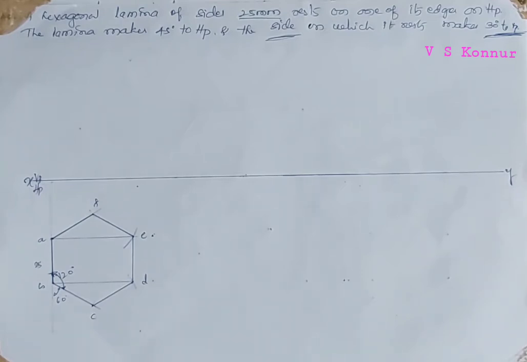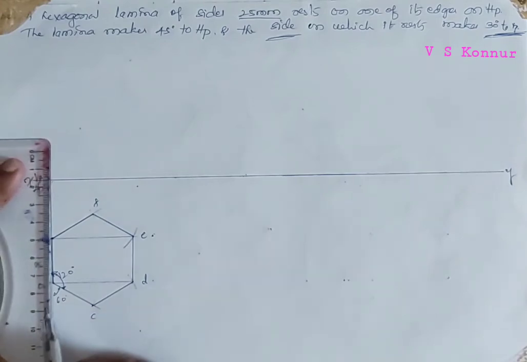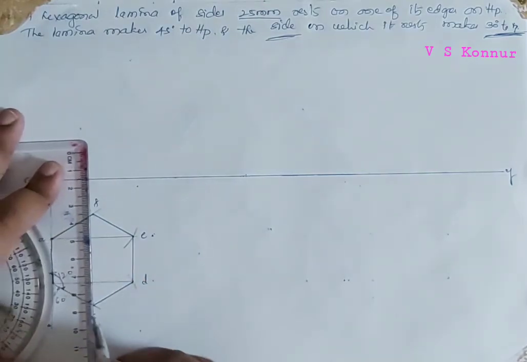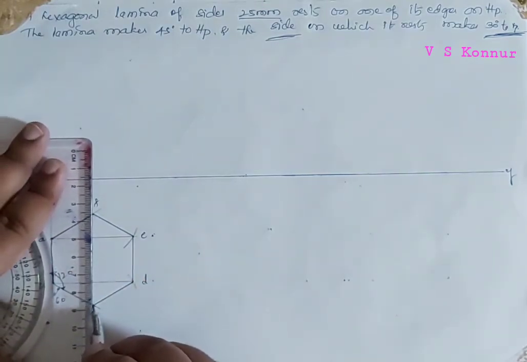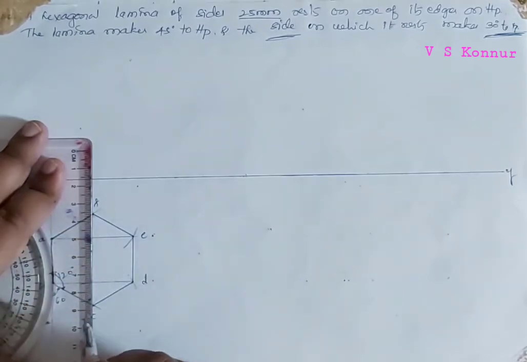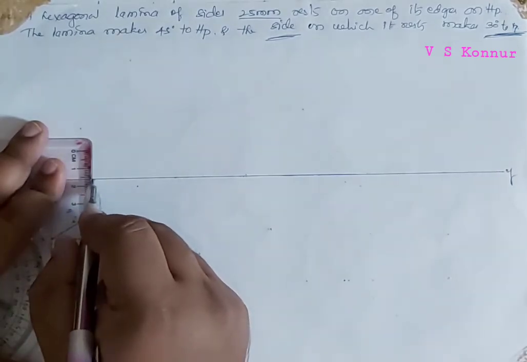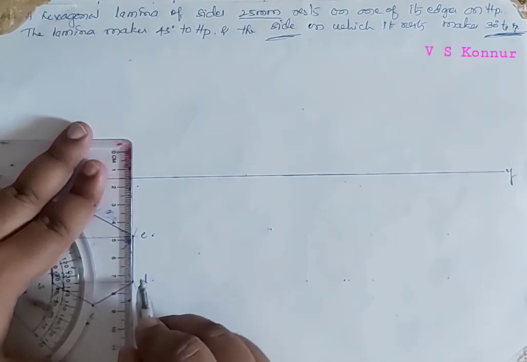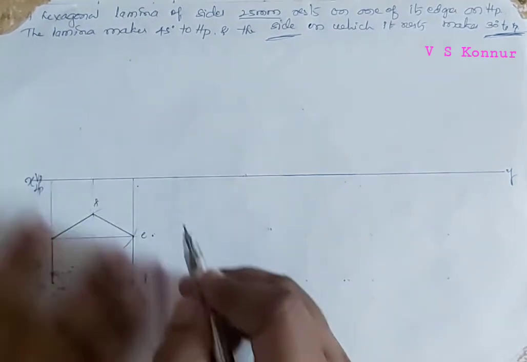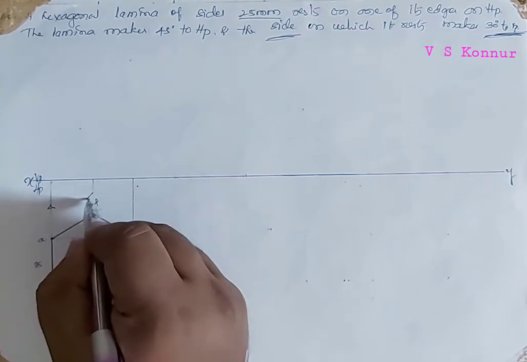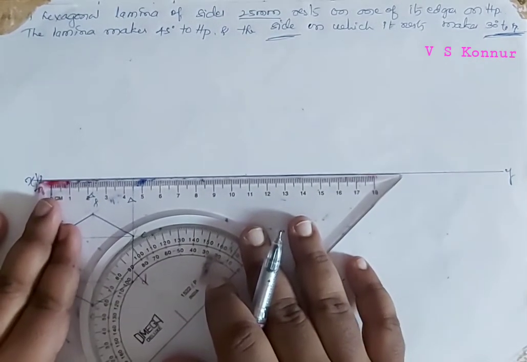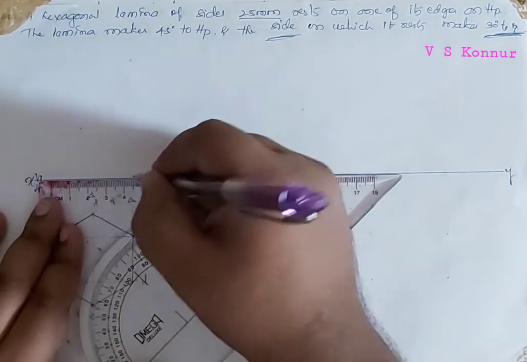Now we will draw projectors. Next, the C point and F point are intersecting each other. So one more, then the D point and E point, and give the arrow marks for that. These projector lines should be thin, and only the plane and lamina you have to make dark.